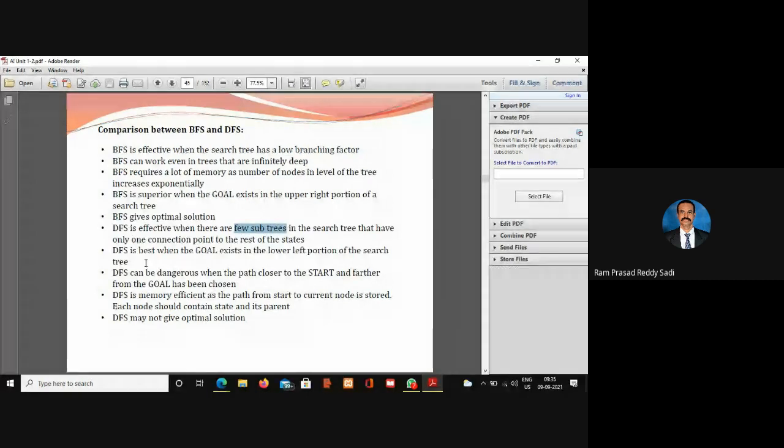Okay, and DFS is best when the goal state, see the difference between these. BFS is superior when the goal exists in the upper right portion, and DFS is best when the goal exists in the lower left portion of the search tree. That means there is no need to backtrack. That's the reason it says that DFS is best when the goal exists in the lower left portion of the search tree, because